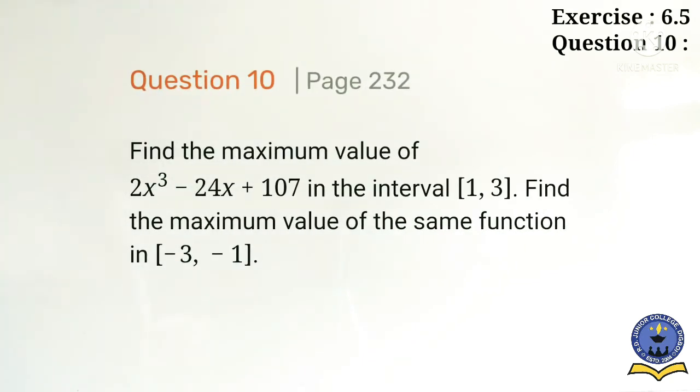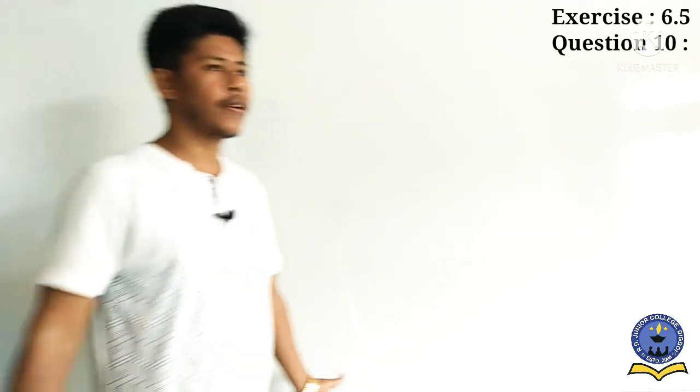Find the maximum value of 2x cube minus 24x plus 107 in the interval [1, 3]. Find the maximum value of the same function in the interval [-3, -1]. First of all, the function is given: 2x cube minus 24x plus 107. With this function, if you see the interval given, 2